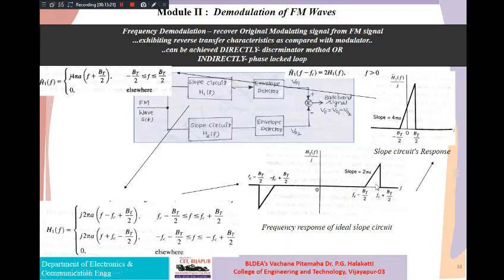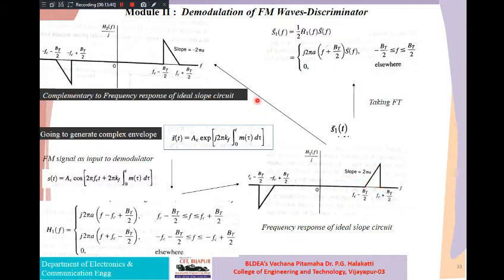Try to listen here carefully. Where the 90 degrees is, you will be taking the mirror, left to right, right to left, shifting is happening here. So what is happening now, 90 degrees here, and your slope is gradually decreasing on its left hand side. It is making 90 degrees here, right side. If you observe this one, previously it was there, now it will be a mirror image, left to right it has turned. Similarly it was turned left to right compared to the previous one. So that is what is known as complementary to frequency.